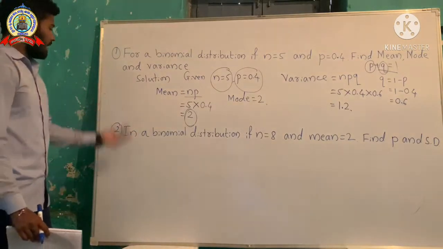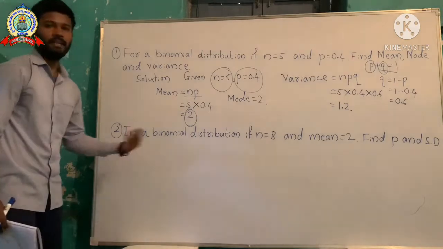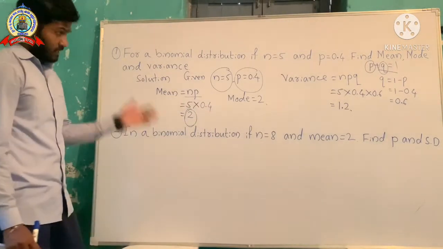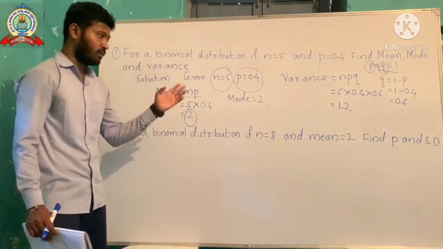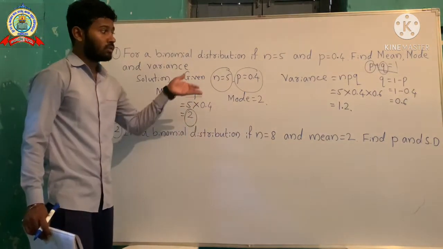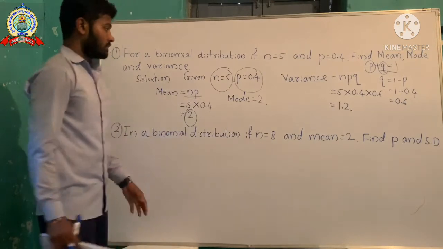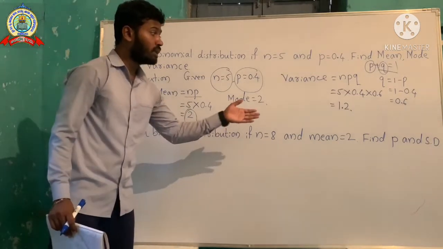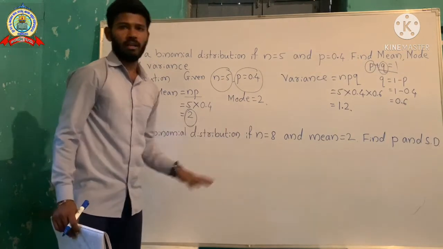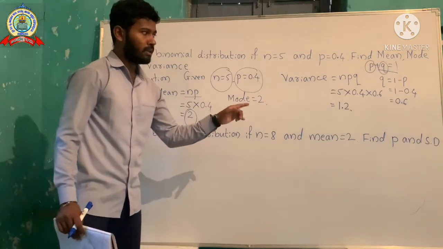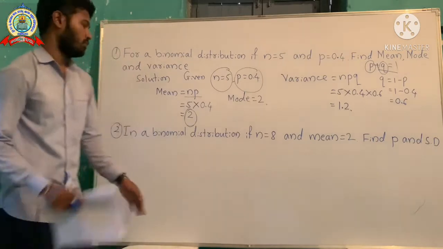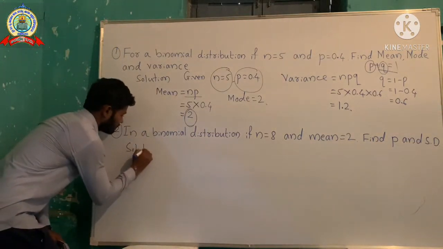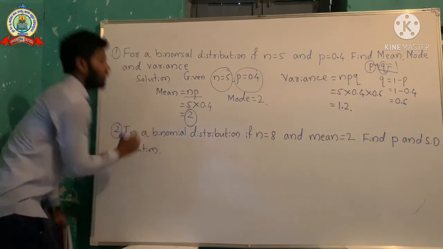So let me solve another problem based on the binomial distribution. In this problem they have given the n value and also the mean value. In this problem they have given the n value and the mean value, mean means the np value. So what we have to do is find p and the standard deviation. So solution. Okay,